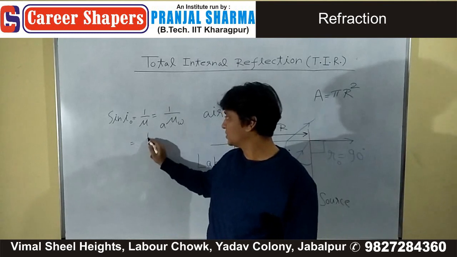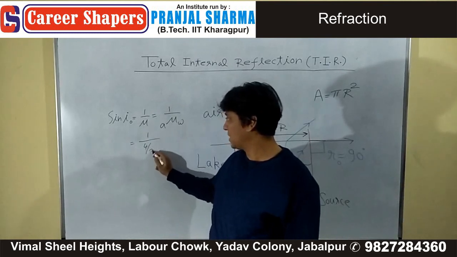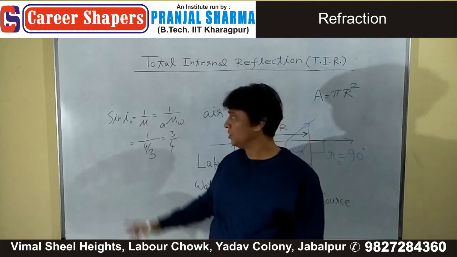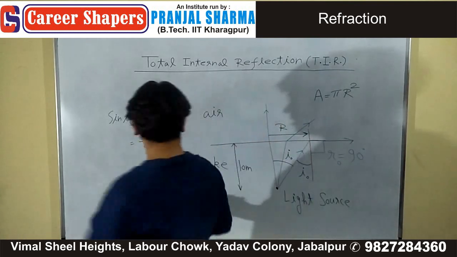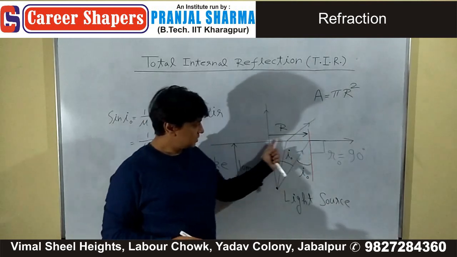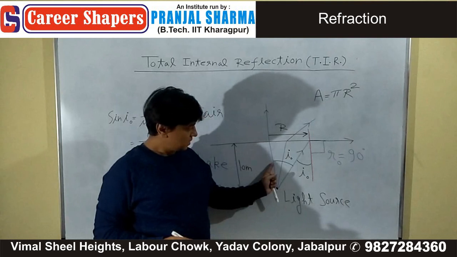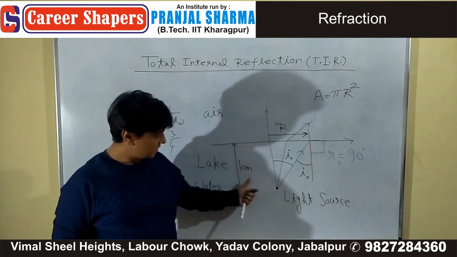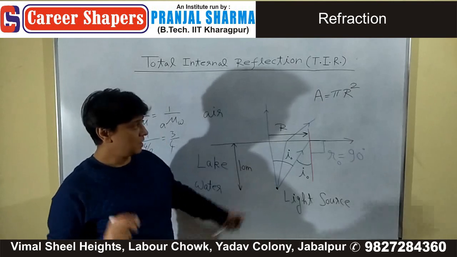We know that this is 1 upon 4 by 3, and is coming 3 by 4. We have the information of sine I naught. Now it will help us. Look at this triangle. This much is r, and this angle is I naught, and this height is given as what? 10, and therefore